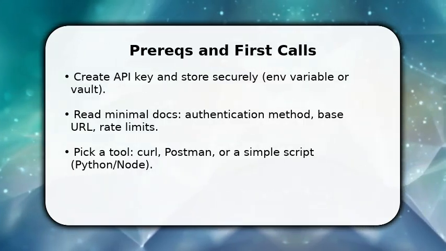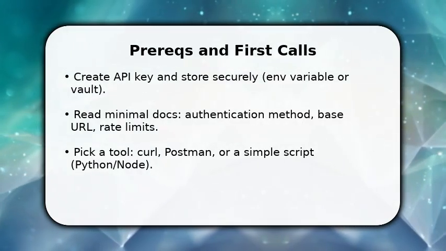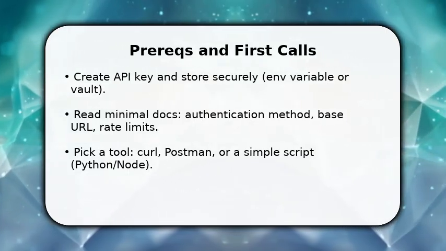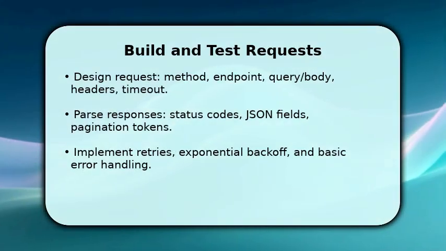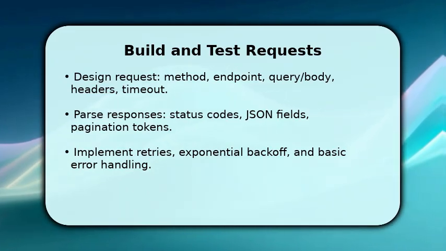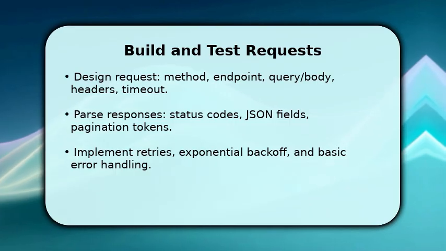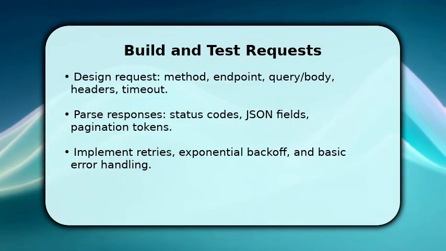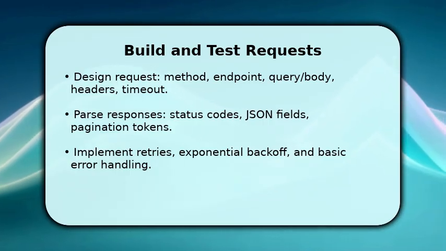Make sure to note rate limits and required headers now, because those constraints shape how you structure subsequent requests and retries. You now construct the real requests. Choose method, craft endpoint paths, add required headers and payload, and set timeouts. Once done, parse the JSON response to extract the fields you need and handle pagination by following tokens or cursor